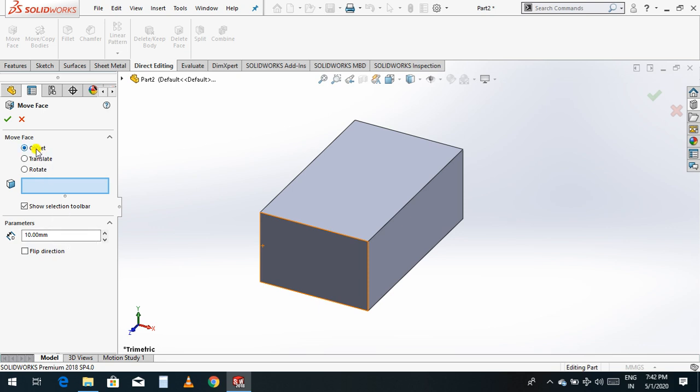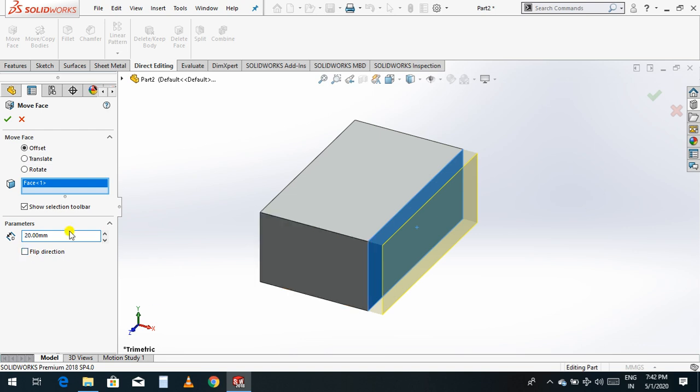So let me choose the first one, the offset move face command. I'll select this face. Now you can see the extrusion shown in red, because the computer has already detected 10 mm. I'll increase this value and give it 20. You can see the extrusion happen.